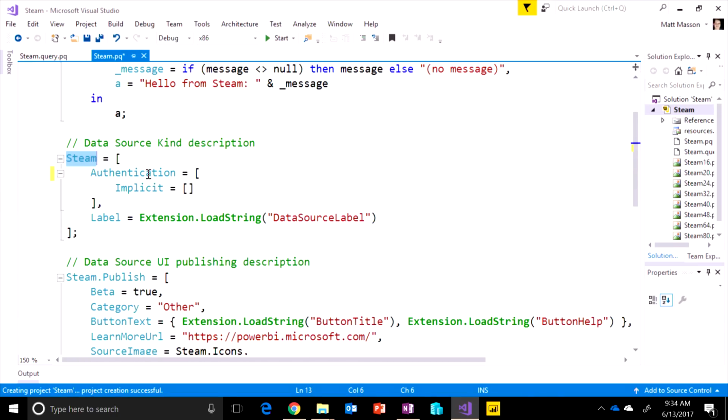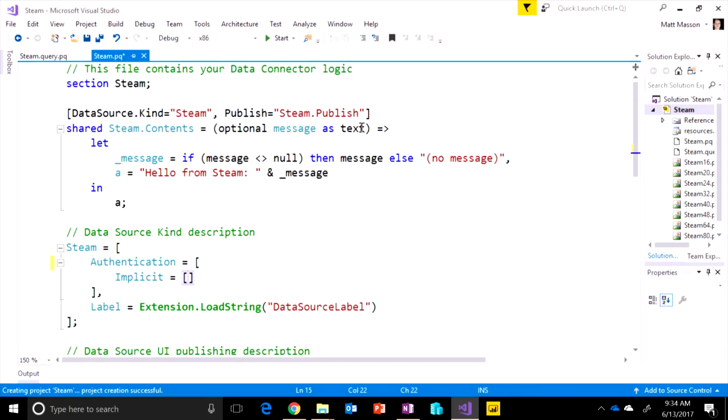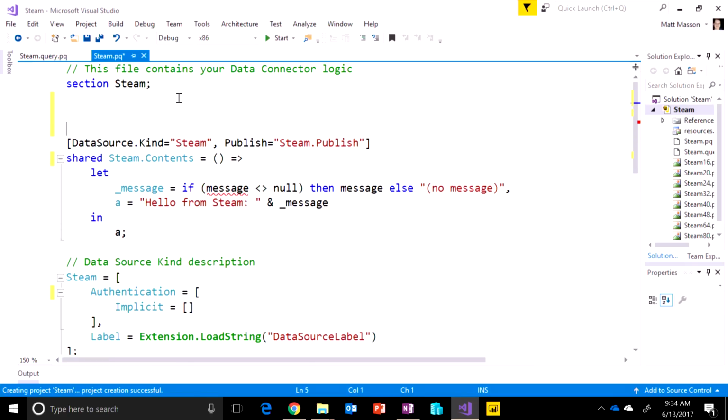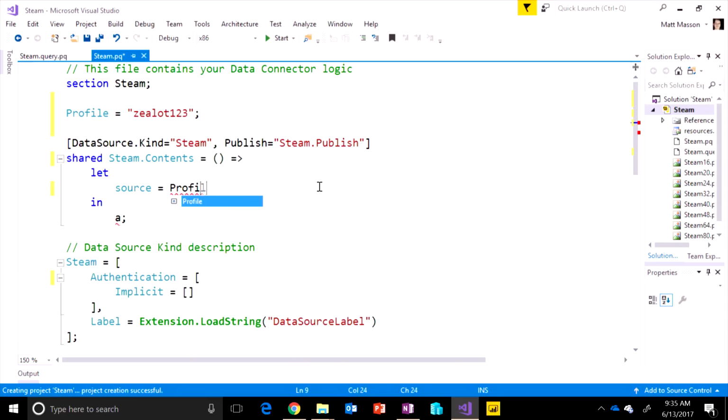This is basically declaring my data source, a new data source called Steam. I'm saying authentication is explicit because for Steam, I can access as anonymous. I just have to pass in the API key. So I'm going to leave it as anonymous. I could pass in my profile ID as an argument, which would send a prompt up for me. But for now, I'm just going to hard code what my profile is. Zealot is my gamer name. And that will be fine. And so if I just say source is equal to profile, extra semicolons,